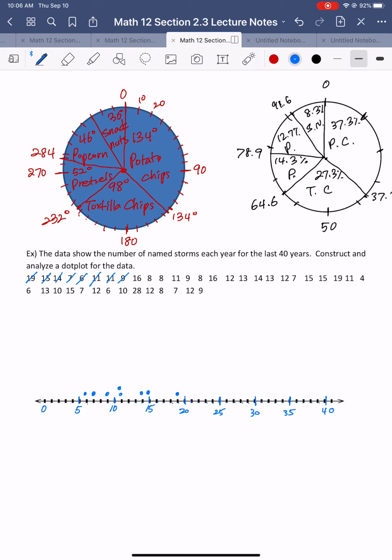So 9, 16, 8, 8, and 11, and 9, 9, 8, 16, 12, 13, 14, 13, 12, 7, 15, another 15, and 19, 11,